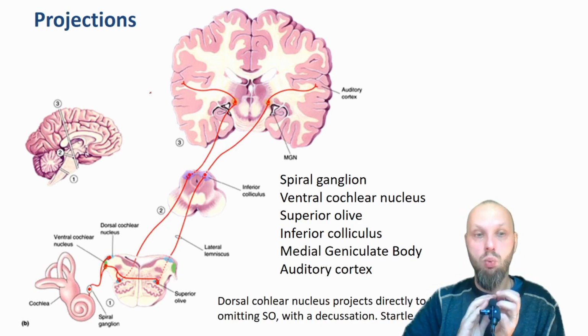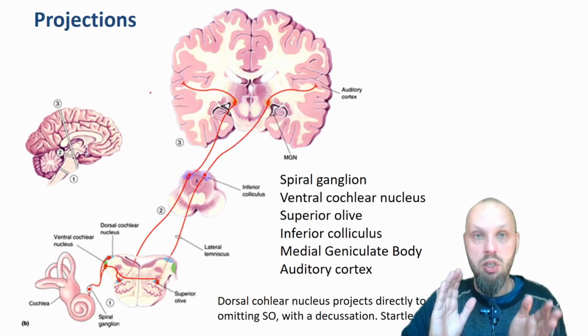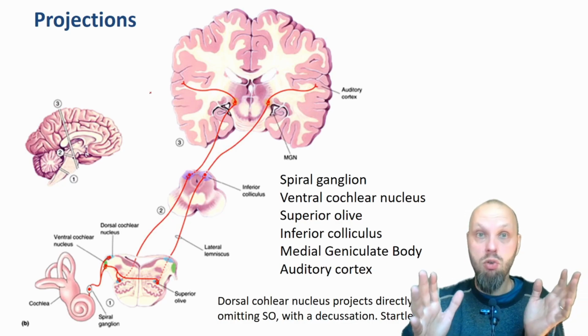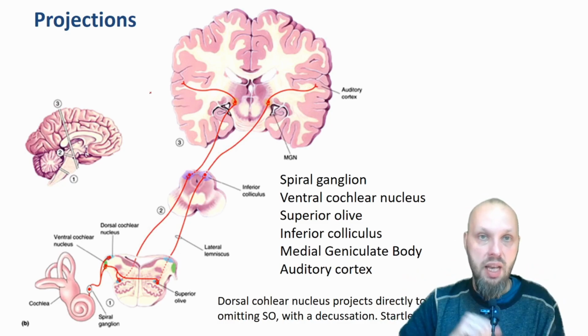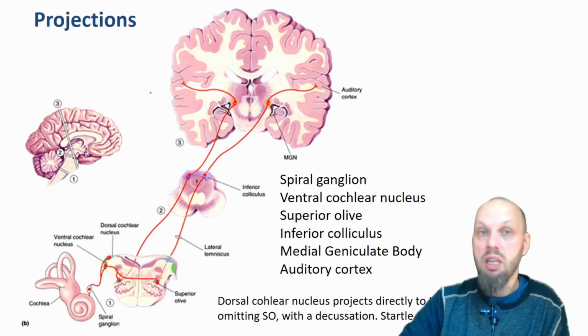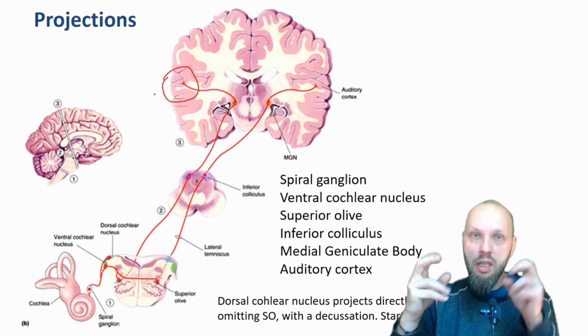So in this case, one pathway is smart and tries to analyze the sound. Another pathway just makes you startled if the sound is loud and unexpected. And that's normal in the sensory world, in how your brain analyzes information. One neuron can send axons to several different parts. That's point number 2. Point number 3, in humans, because we have cortex, the most fancy connection goes to the